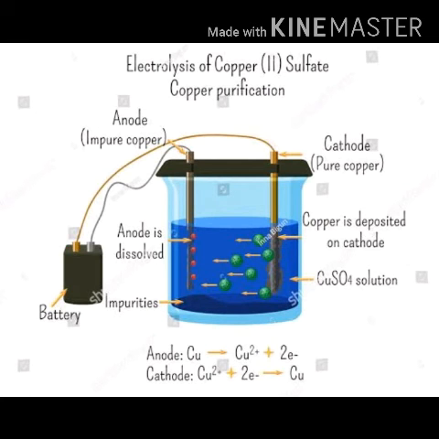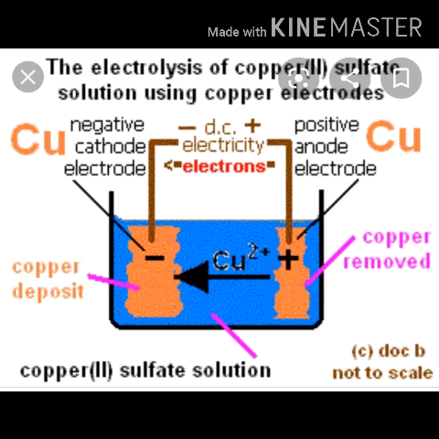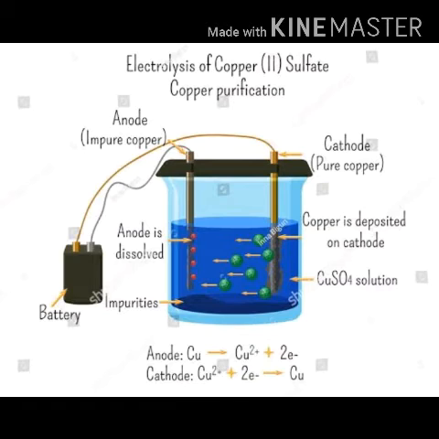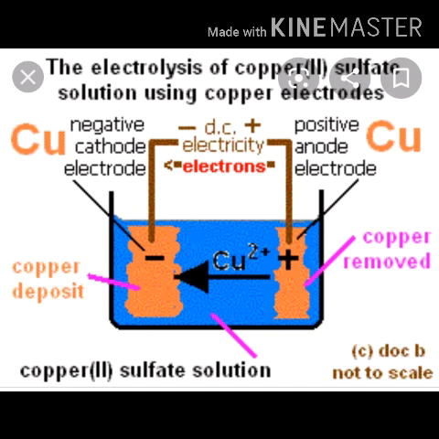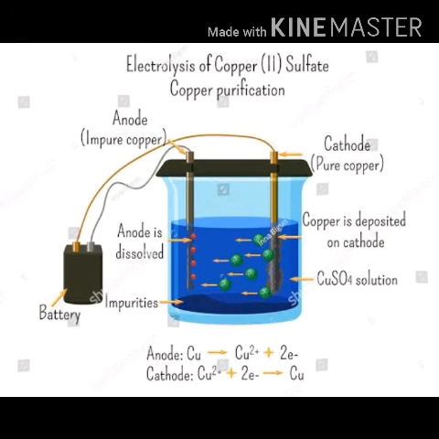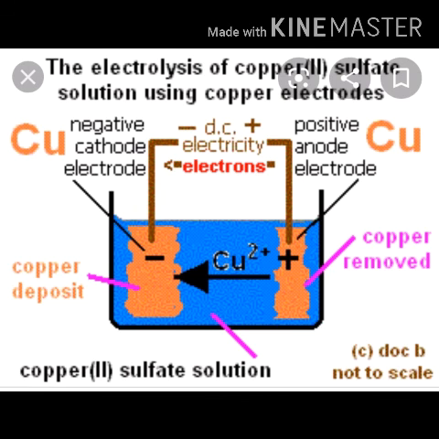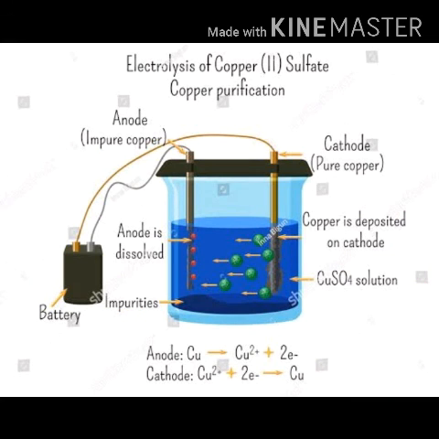In case of anode, Cu changes into Cu plus 2 plus 2e. Both OH minus and SO4 minus 2 move toward the copper anode. On the other hand, copper anode is oxidized to form Cu plus 2, which occurs more readily than oxidation of OH minus or SO4 minus 2 ion at the anode. So overall, reddish brown copper metal is deposited at the cathode, whereas the active copper anode itself ionizes to produce Cu plus 2 ion in the solution. So the concentration of Cu plus 2 ion in the electrolytic solution remains unchanged, and the color of the solution remains unaltered after electrolysis. So up to here today, next we will start with another